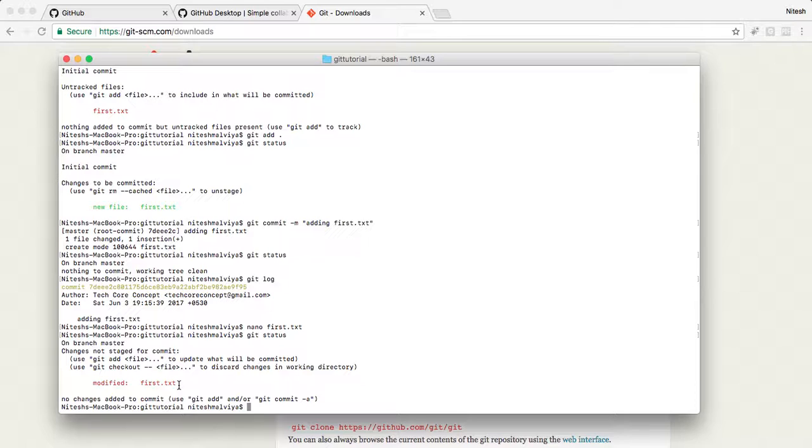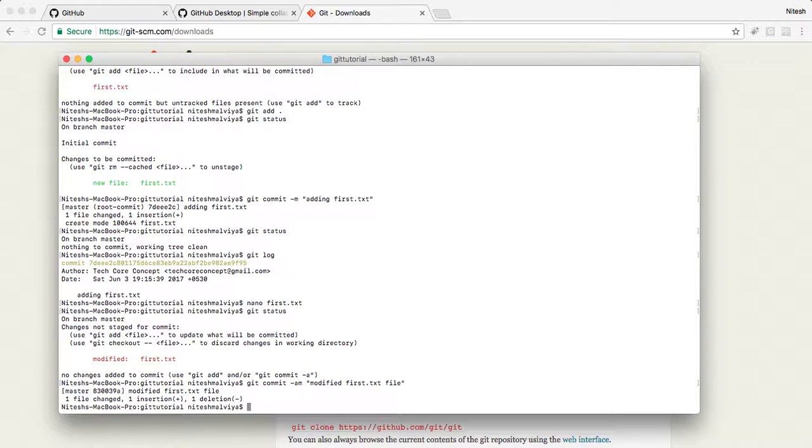In order to add this change to the staging server again, please remember that you always have to send the current folder changes first to the staging server, and then you can send them to the local Git repository. You can do it with a single command, git commit -am, and then the message "modified first.txt file". Okay, so that means